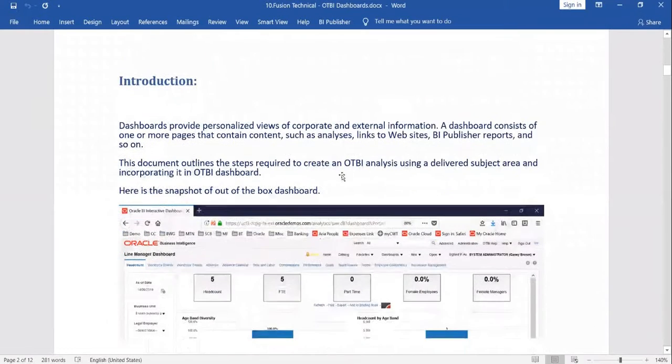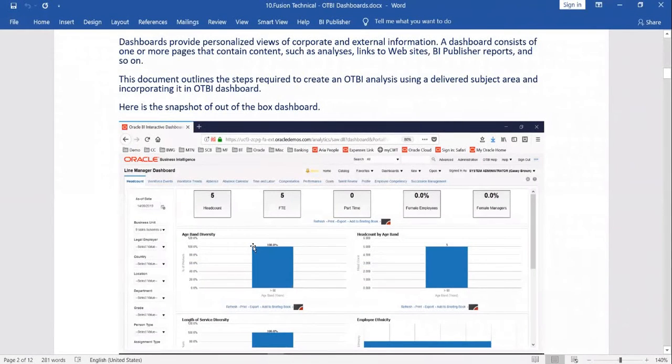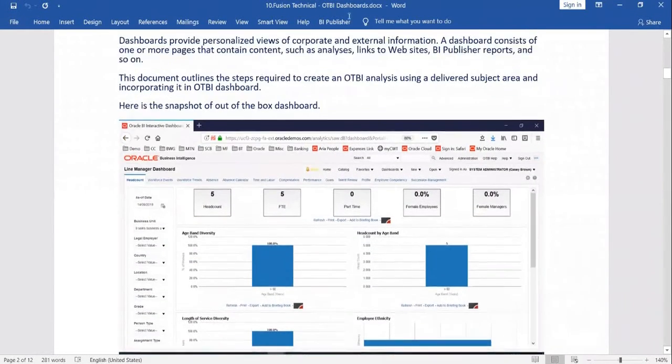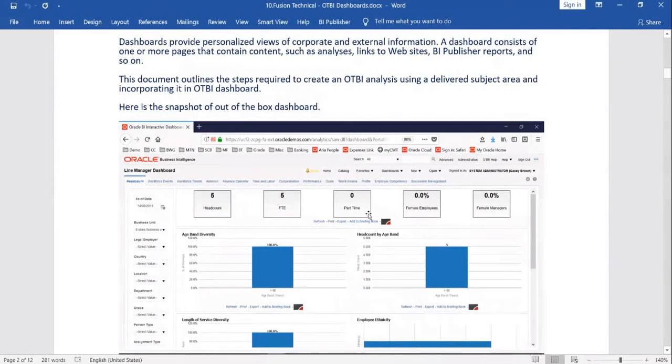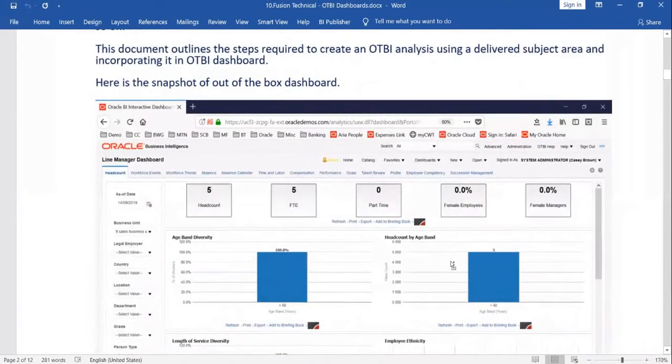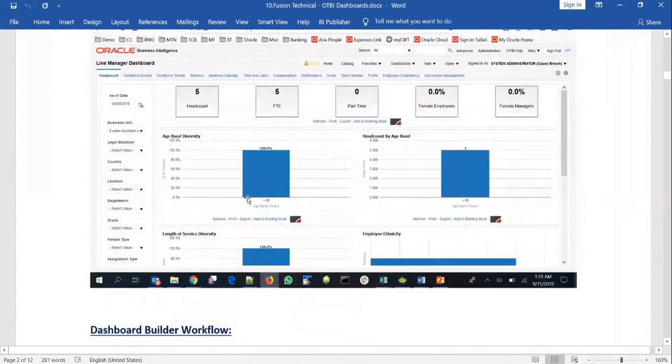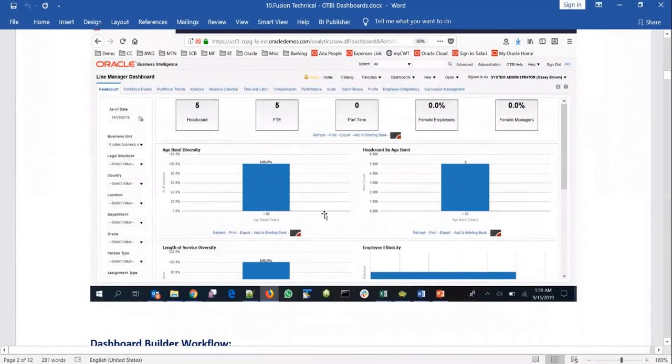And what is a dashboard? We've just seen one of the dashboards given by Oracle. A dashboard gives you comprehensive information on a single page. It saves quite a bit of time, and not just time. If I'm a line manager and I have to review the headcount information, by the time I look at the third graph, I would have forgotten what I have seen in the first two graphs, right? So dashboards help you from that perspective as well.